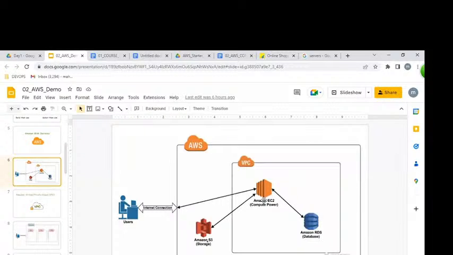So what is the network? Anybody help me? A virtual private network is your private section of AWS, where you can place resources like servers and databases. Who can access and who can't be accessed, we can set rules and regulations. That is nothing but VPC. Simply we can say only one word: VPC equals network, private network, whatever.